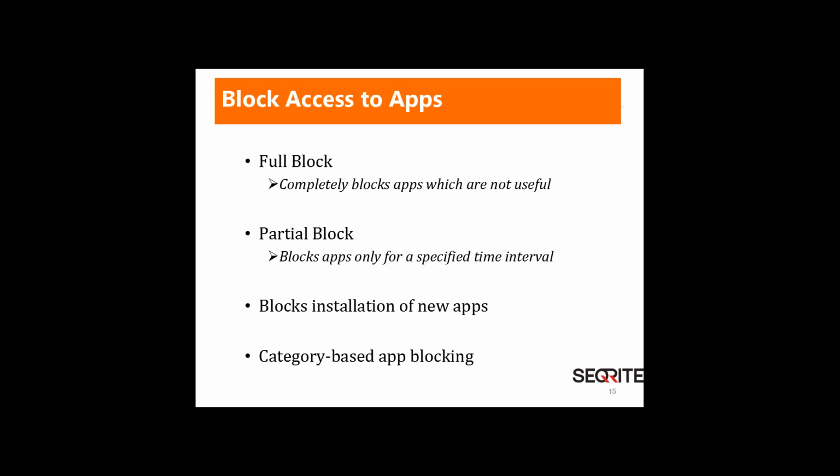The application can also be blocked on the basis of categories. So if we want that a particular group of employees should be restricted to use of a particular category of applications, then he can create an app control configuration with that category selected and apply the configuration to that department group. For example, if the admin wants to block social networking application for research department and allow the same for the marketing team, then he can create two sets of configuration and apply them to the respective department groups.